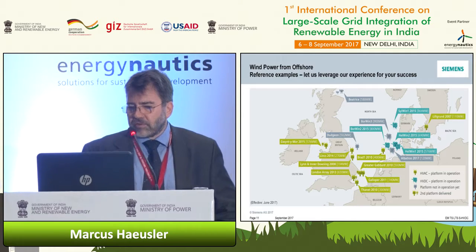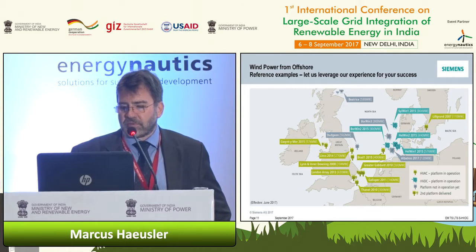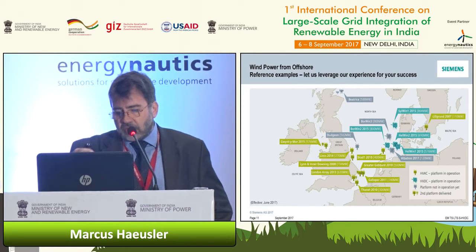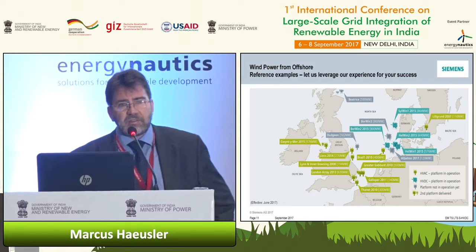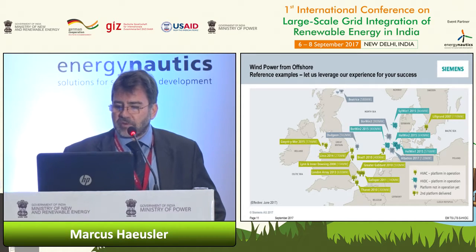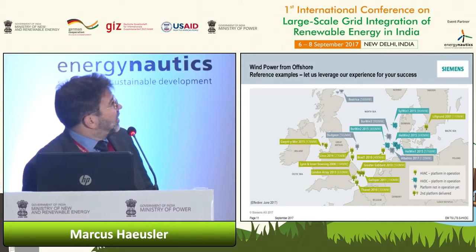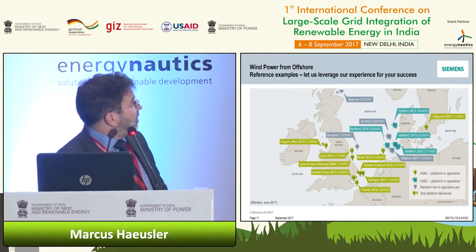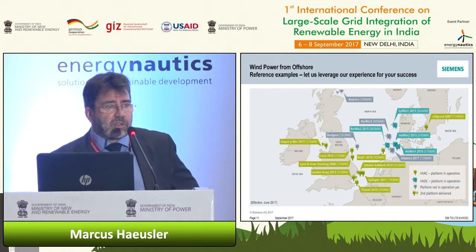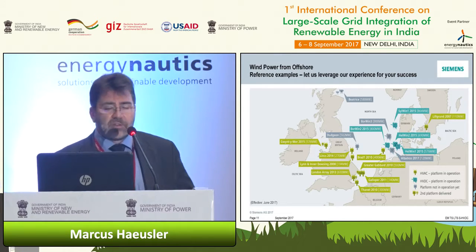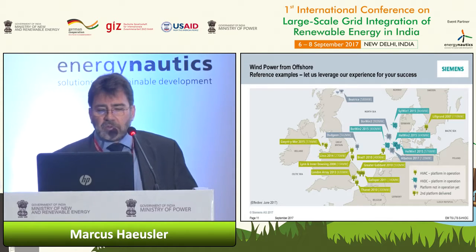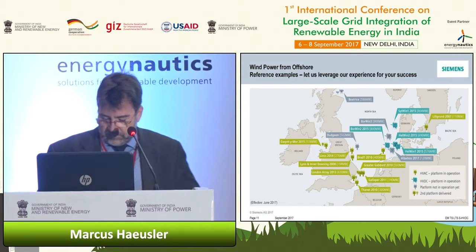So you see here a large amount of farms which have been constructed. The slightly green ones are the ones which are closer to the coast, which are connected via AC. So STATCOMs are typically also supplied there on the connection point on land. And the blue ones are the DC links, which are constructed by Siemens. So presently we have 4 large HVDC offshore links in operation in the North Sea, and 2 further ones are under construction.